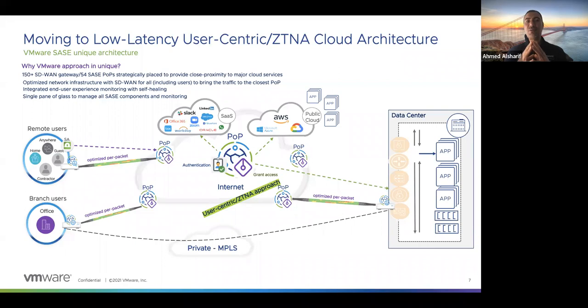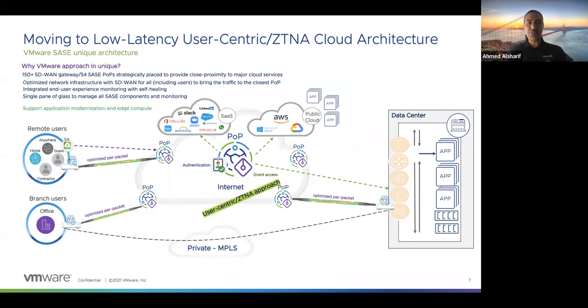So far, so good. We covered everything that we need in the SASE. We covered the SD-WAN, we covered the security. So all of the security components are here, and we connect them with the SD-WAN, and we have the plus user monitoring and self-healing in the user side. So far, we provided everything that the SASE is asked for, SD-WAN and security. But we are not going to stop, as I've showed you in the first slide, that VMware is providing a lot more than that. And this is the key plus point that we have over everybody else.